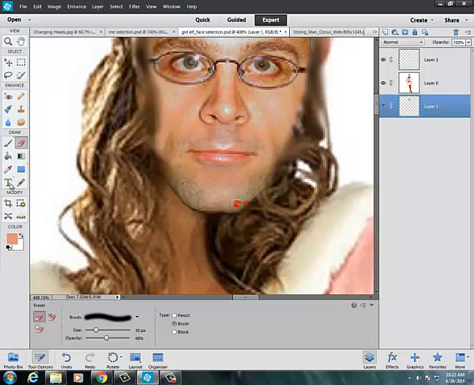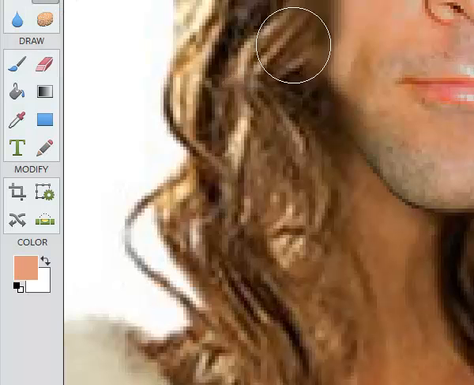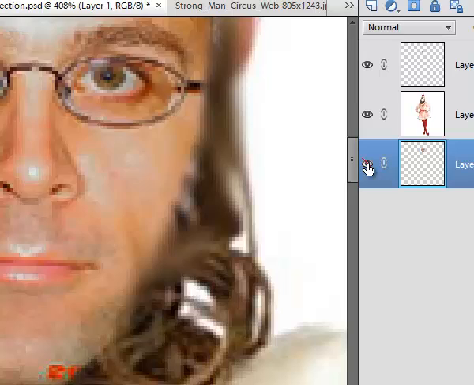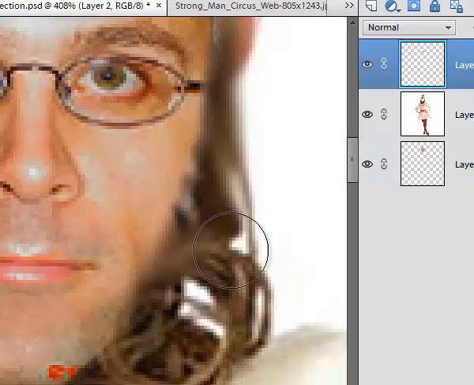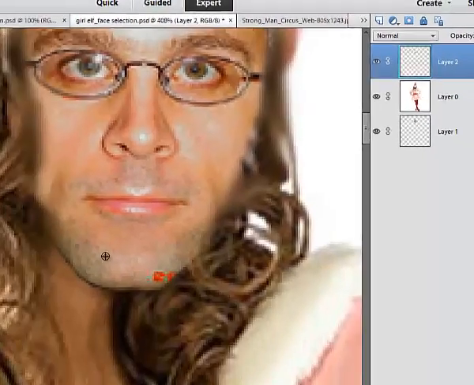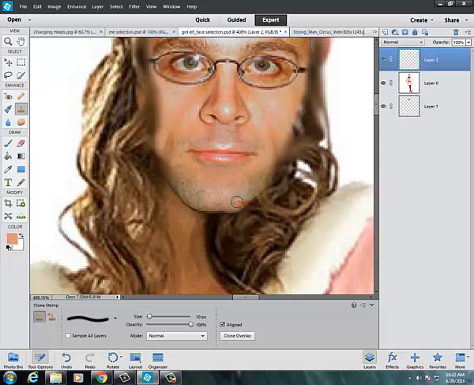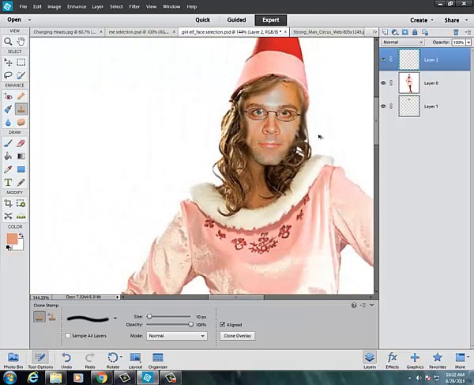I still have this red spot in here, and you know how to use the clone tool. If I can find my clone tool, there it is. And I'm going to be on this layer of my chin. Whoops, it's this one. Make my tool smaller. And I'm going to go ahead and Alt, click the mouse, and I'm just going to start healing that area of my chin. Alt, click the mouse. Not healing it, but cloning it out. I want to get that red spot out of there. Okay? And then when you back off,